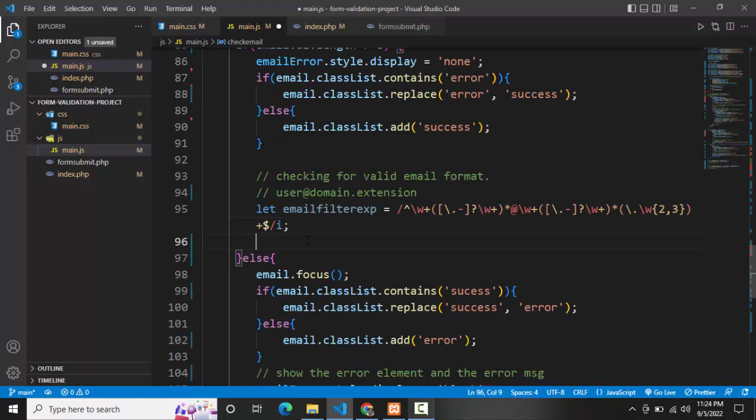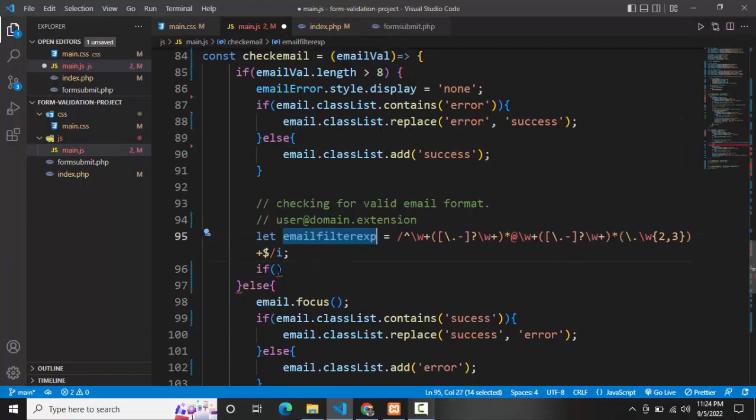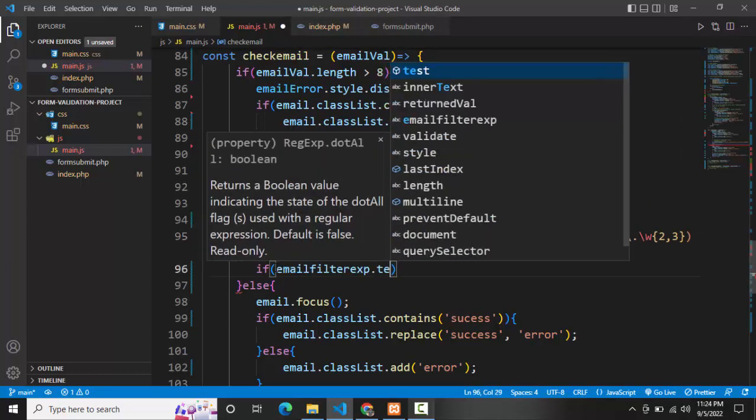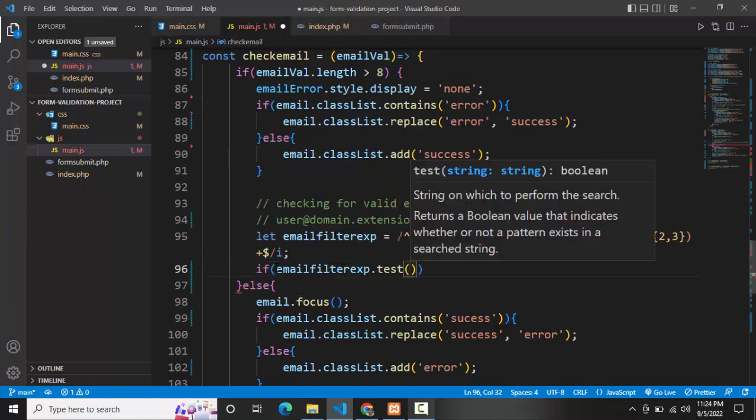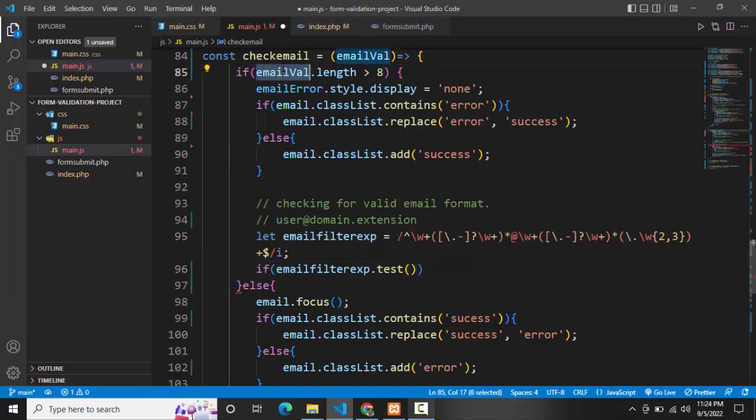So if the email filter expression test with the email value fails, so adding the not,